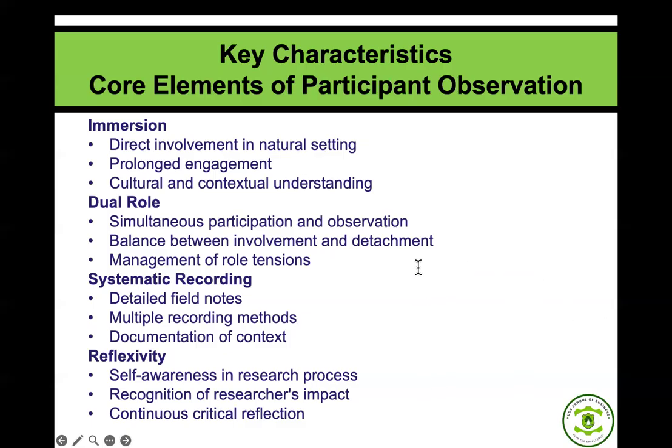Then we also have to consider something: recording. Your systematic recording of what is happening is very, very important. It's very crucial. You have to keep field notes, and those field notes are your lifeline, your scientific lifeline, because that is the evidence you are keeping. Always, I try to mention that if you don't write things down, then it means that it never happened at all. You must always document what is happening. And when documenting,